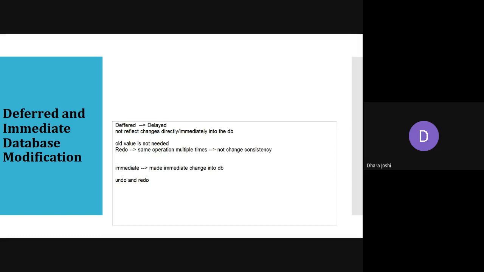And immediate database modification means whenever I am writing a write, so as per the previous example, if I am having 2 write, once I have this write, the value 2 is updated into the database. And once I have this write on the same data item, it will have the new value. So each and every time, whenever in my transaction I have a write instruction on any data item, it will make the changes accordingly in the actual database.